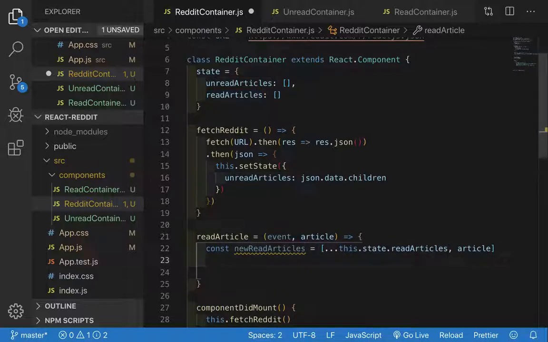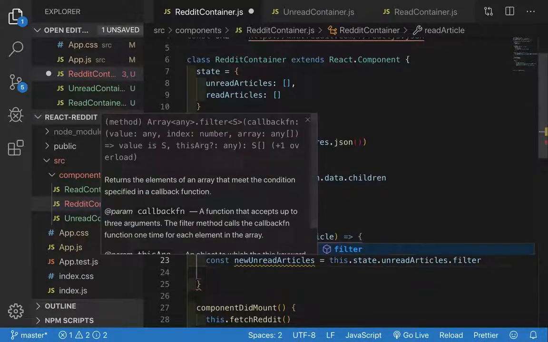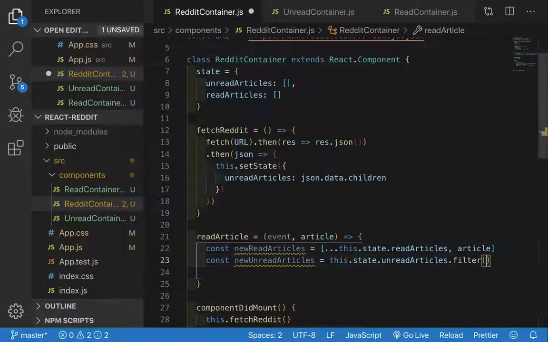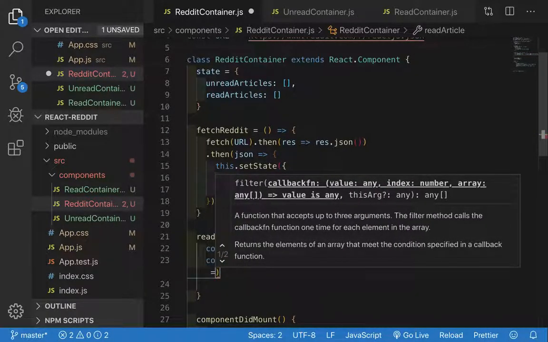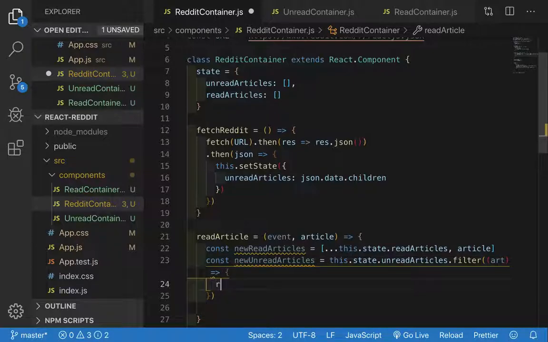But now I need to go through and do new unread articles. And that's going to equal this.state.unreadArticles.filter. So I want a brand new array where everything is the same except for the one ID I don't want to pass my filter. For the sake of this, I'm just going to call this art. That's a horrible naming convention, don't do it, but really for each of these I want to dive down and return where my